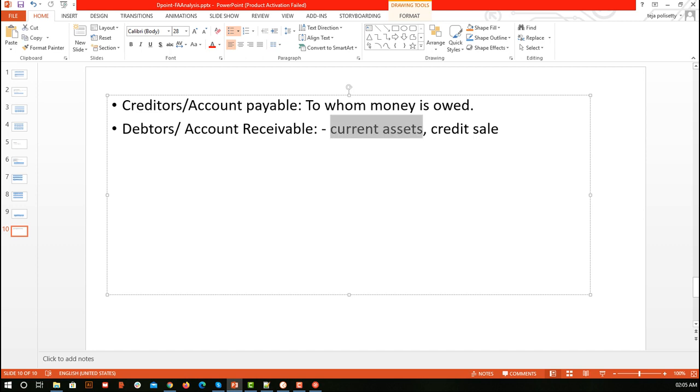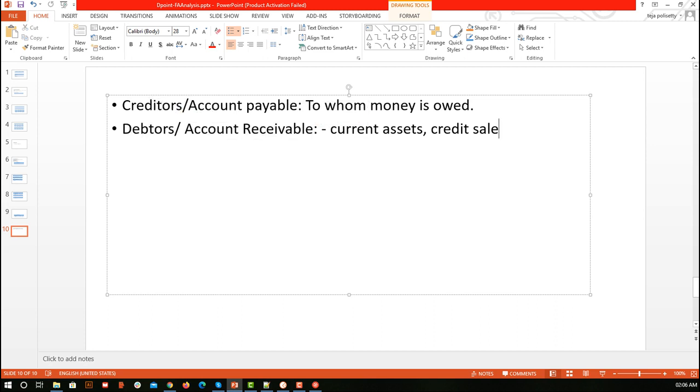Now the current assets are credit sales. For example, take a real-time scenario. You have goods and you have sold them, but you have not received the amount yet, meaning you have sold them on credit instead of selling them for money. It means that I, the person who sold the goods, am going to receive the money in future. So we can say that the buyer is nothing but an account receivable. Account receivable is simply what we call debtors.